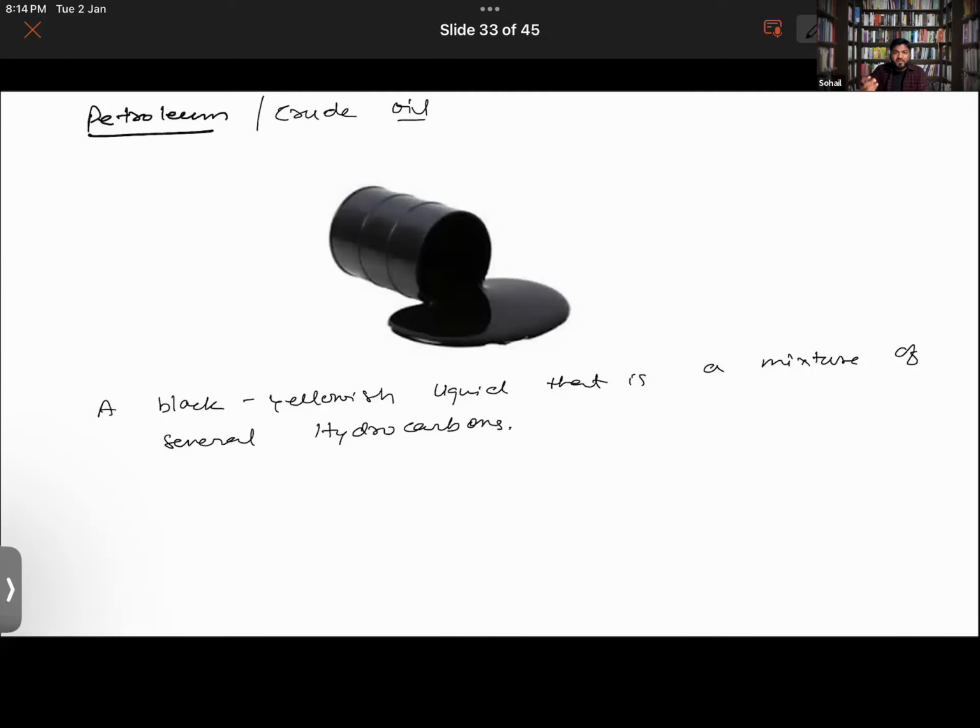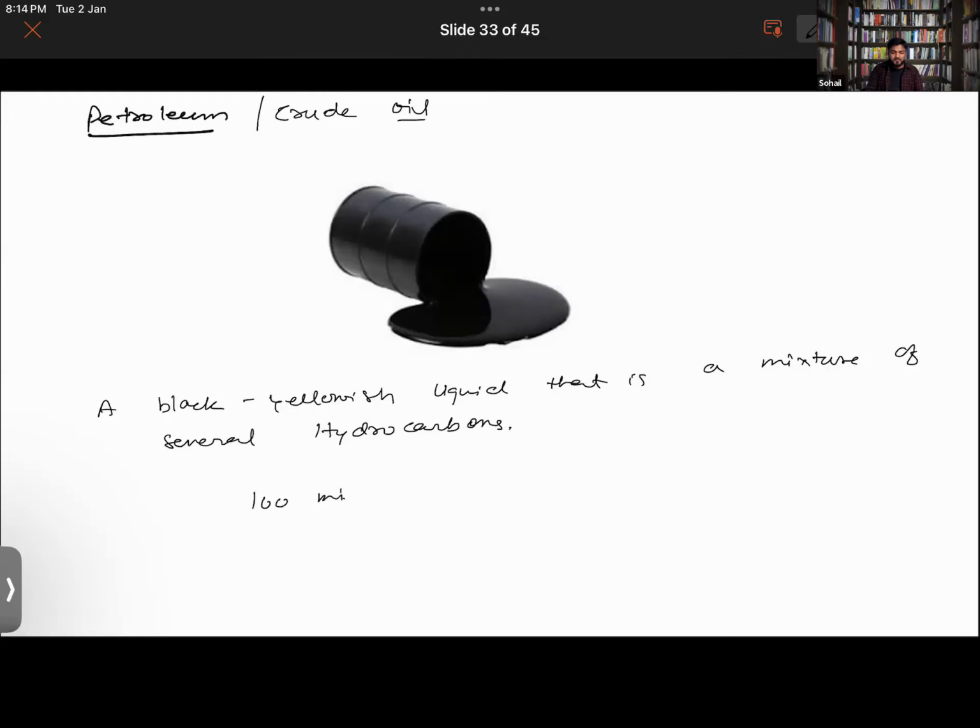In fact, it is used in pharmaceuticals also. Pharmaceuticals is basically medicine that we are talking about. Right, and there are so many other products in which petrol, basically crude oil, is used. Getting it now? Okay. Now it is estimated that each day, all around the world, almost